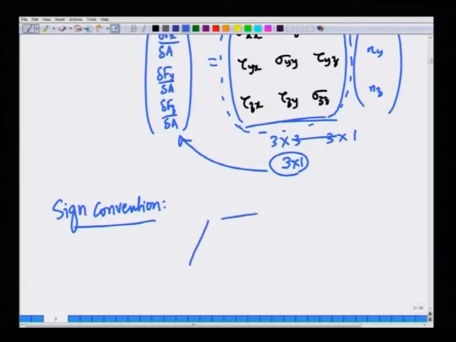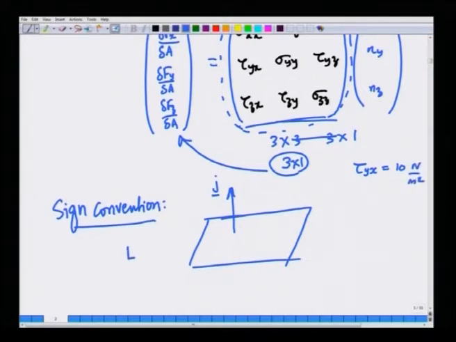Suppose you have a surface that is pointing in the plus j direction, and suppose we say that tau y x is 10 Newton per meter squared. This is the x direction, this is the y direction. What this means is that you have a force. So, y represents in our convention the direction of the unit normal. So, that is in the plus j direction, x tells you the direction of the force. So, if tau y x is positive, then the force of 10 Newton per meter squared, force per unit area, acts in the plus x direction